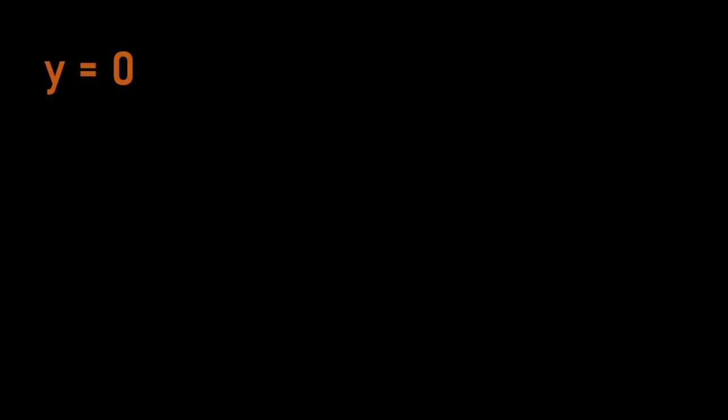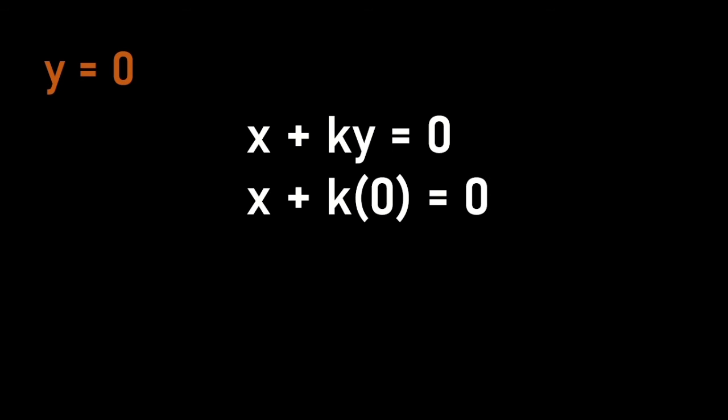Now, we have y is equal to 0 on our second equation. Let's apply it to the first one. x plus ky is equal to 0. So, substitute the value of y. x plus k times 0 is equal to 0, or simply x is equal to 0. So, the unique, or one, solution for the given system is x is equal to 0 and y is equal to 0. And that is my solution for number